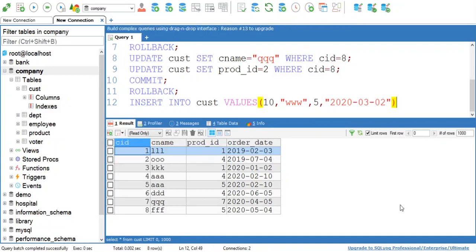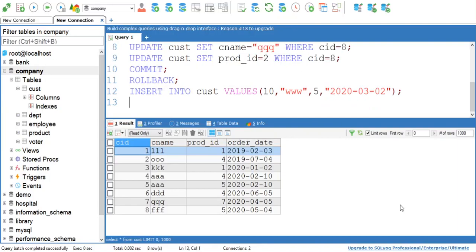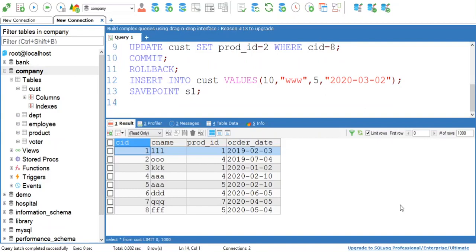So this is my first query. After this first query I have created one save point, s1. Then again I am inserting another row, insert into cust values, inserting customer ID 11 with some name, some product and order date.